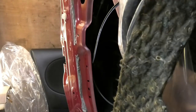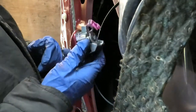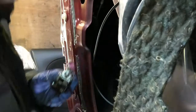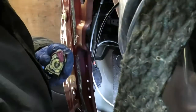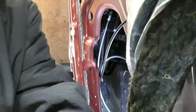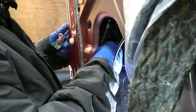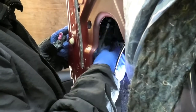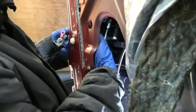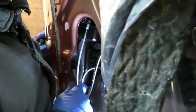So while this bit is out, I'm going to try to get that piece onto this. I don't know if that will be the easiest way. So that went in there, that wasn't too bad. And then we have the metal bit is just here. Not really easy to see, but it's just there. I'm going to try to